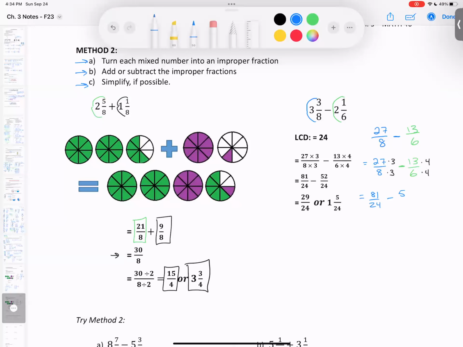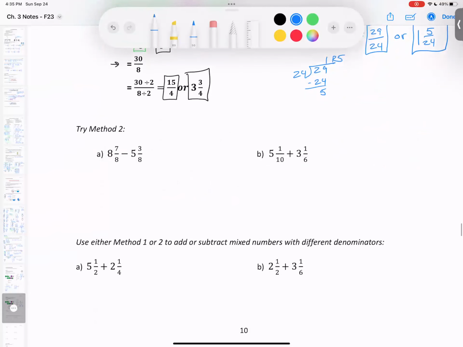So 52 over 24. Now we have like fractions that we can subtract. So 81 minus 52 gives us 29, and that's over 24. Or we can convert it to a mixed number. So 29 divided by 24 is going to give us 1 with a remainder of 5. So our mixed number would be 1 and 5 over 24. So in this method, everything gets converted to improper fractions, and then you just add or subtract them as you